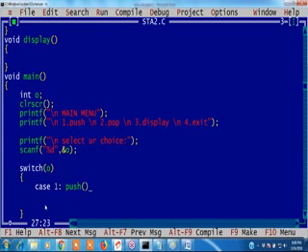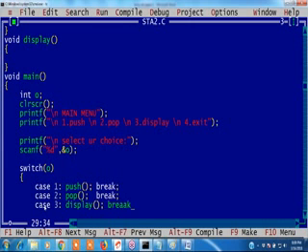Call the push operation, and break. Case 2: call the pop operation and break. Guys, listen, right? Case 3: display operation. Break.